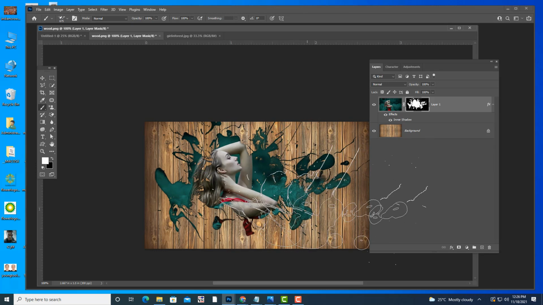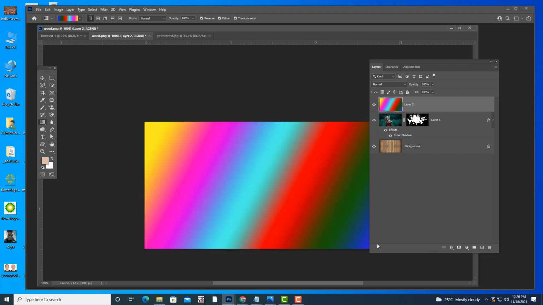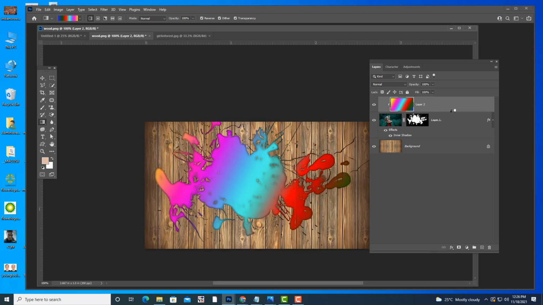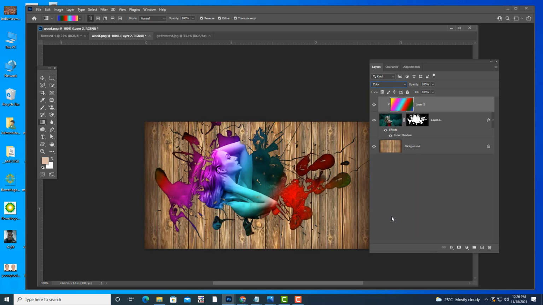We are able to see this interesting effect because of the inner shadow also. Inner shadow is very much important. And again you can do the same thing. Take a new layer, apply this rainbow gradient, make it into a clipping mask, and then you can use color blending.